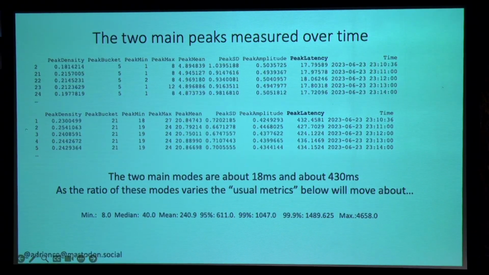And the thing is that what's actually going to happen over time is that the ratio of those 2 is going to move about. But when the system feels slow, it's not usually that the 18 milliseconds has suddenly become 25 milliseconds. What's actually happened is the proportion of the 2 has changed. Right? So what you're seeing over time is the height of those 2 spikes is changing. The position of them isn't changing. So if the position moves, it's probably because you did a code release and you changed the code path, right? But a lot of the time it slows down because the ratios change.